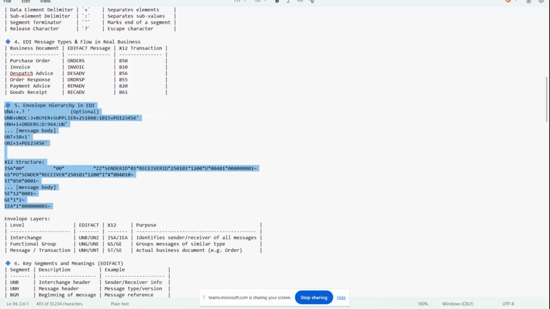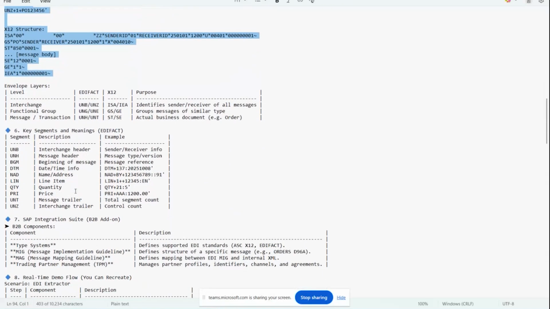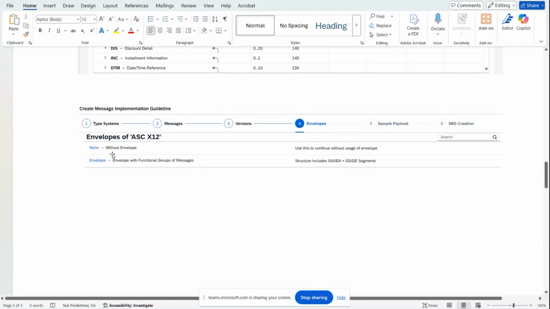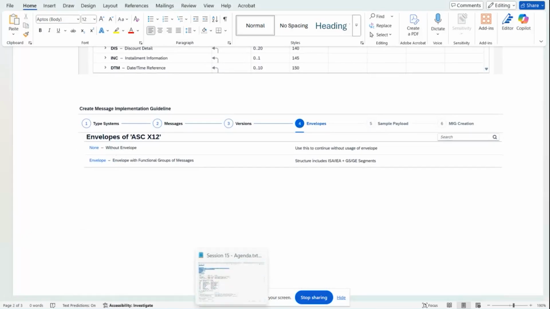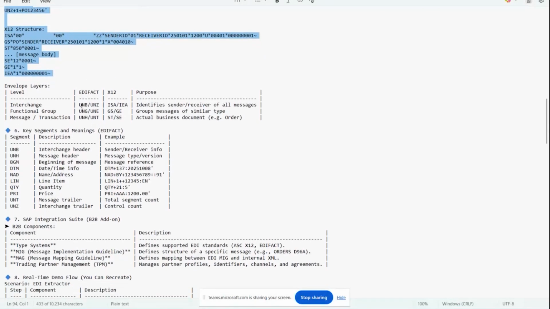Just as an example, how does this look in real time? So now we have something called envelope layers. While creating, it asks whether it is with envelope or without envelope, right? If you see, there's this note: with envelope for EDIFACT key,